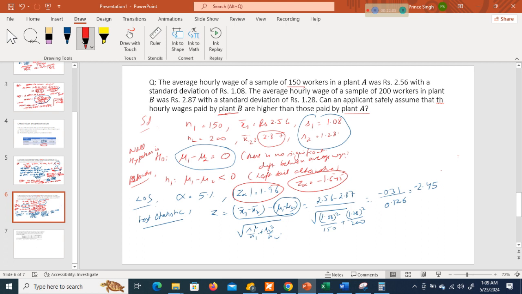So in this case the entire region is on the left hand side. Minus 1.645, 5% is the region of rejection on the left hand side only, but the calculated value falls in the region of rejection because this value is smaller than this one, so this value definitely falls on the left hand side of this one. So because Z calculated falls in the region of rejection,